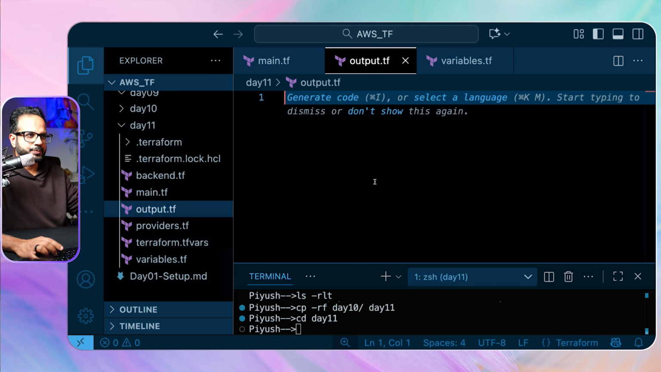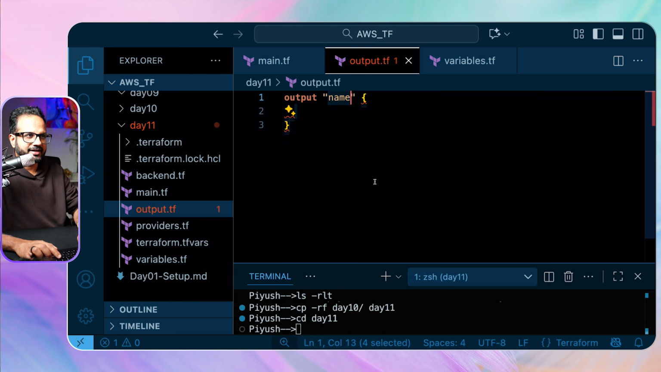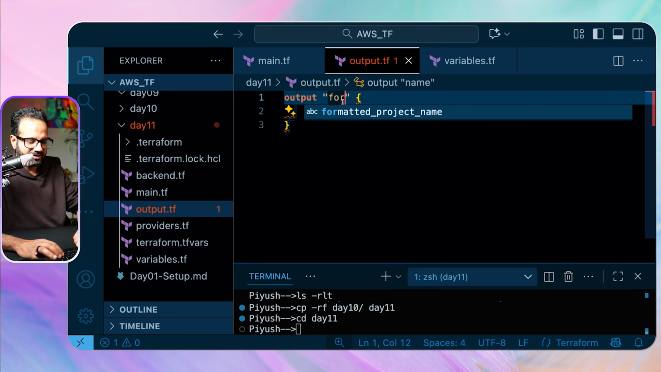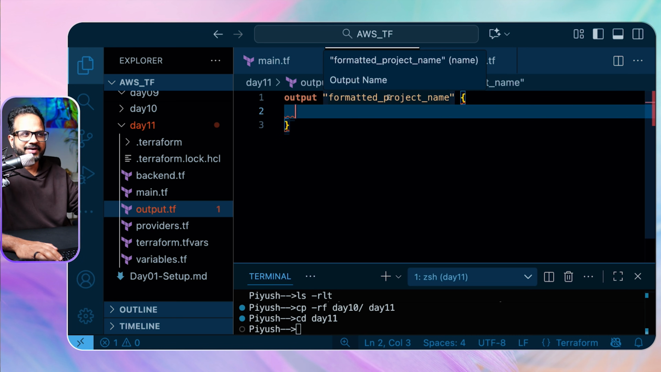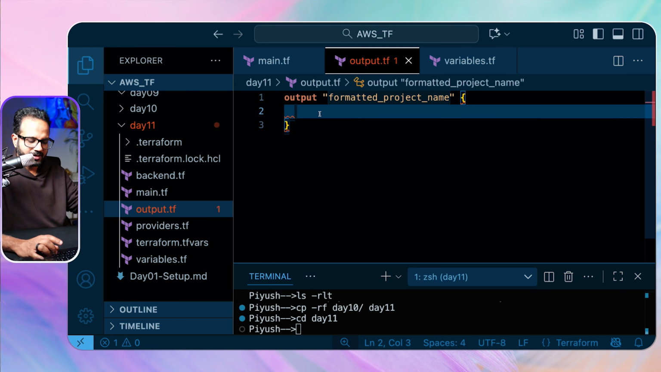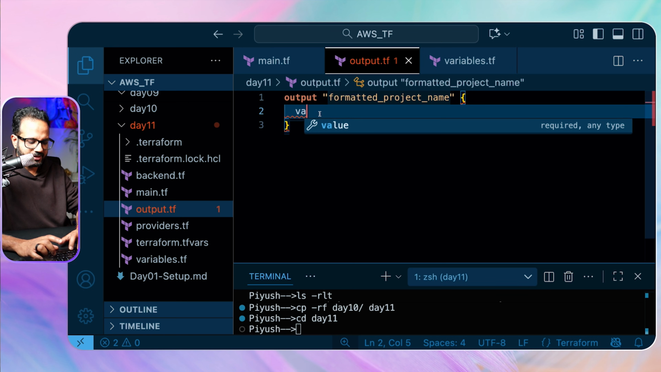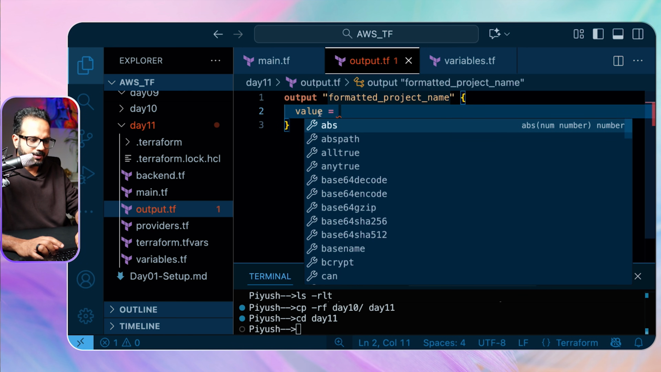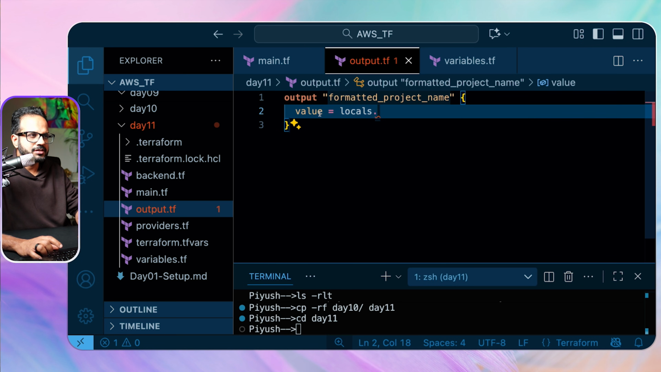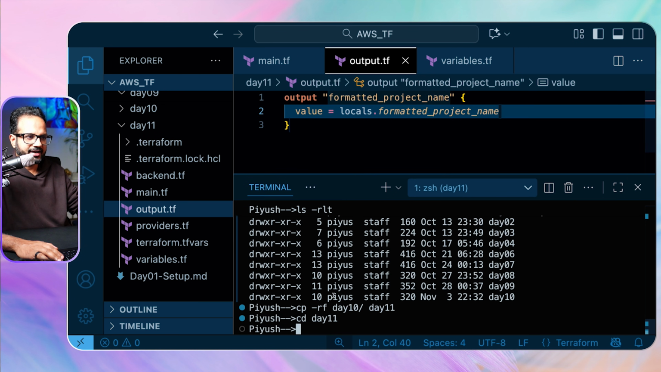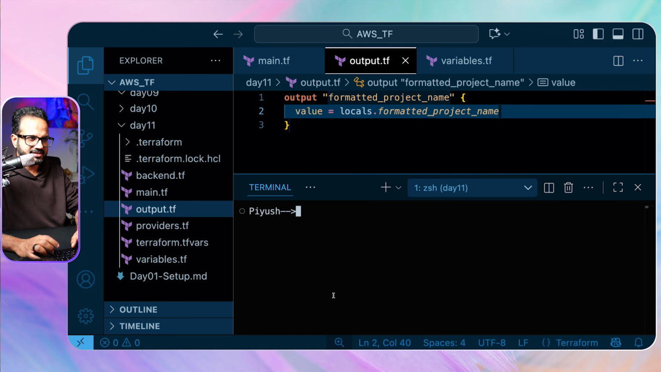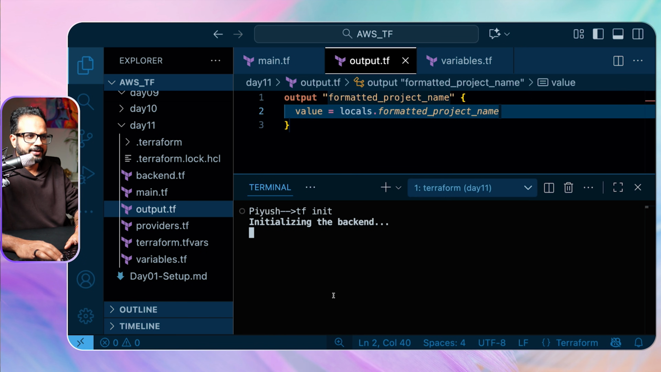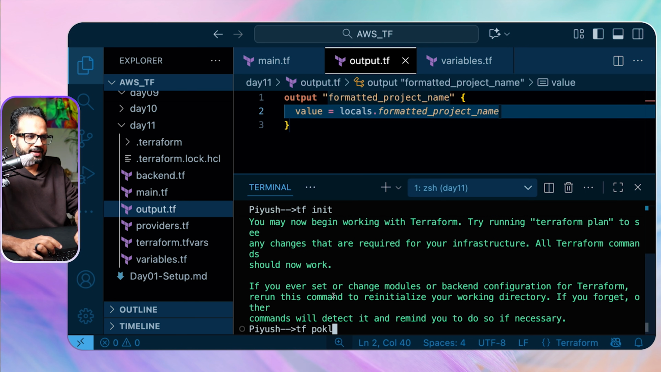Okay, and now we have to print this value. So let's go to outputs, and inside it let's create an output variable and call it formatted project name. You can use the same name because that was the input variable and this is the output variable, so they can be the same. And add the value is equal to local.formatted project name. Okay, and if I do tf init, oops, I don't have the alias set, so let's set the alias. And if I do tf init and then tf plan,